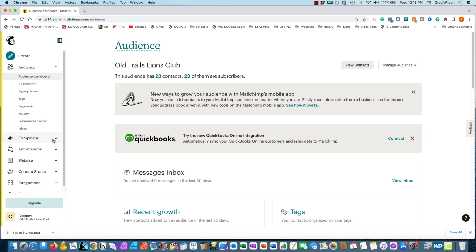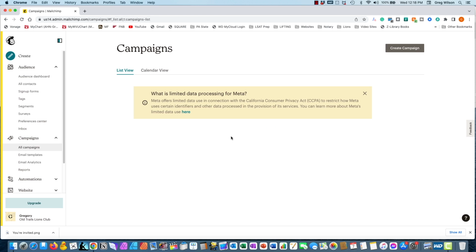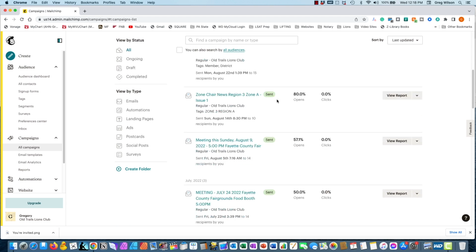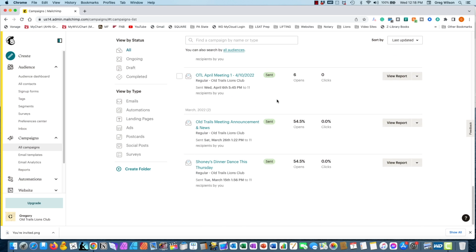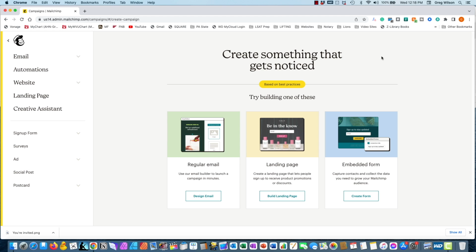All right, so campaigns is where you want to go. This is where you design what you're going to put together. As you can see, here are all the designs that I've done so far. Let's say I want to create a campaign. So I'm going to create a new newsletter, and it's called a campaign. I don't use these two at all. I just use regular email. This is the one you want. So I click design email,